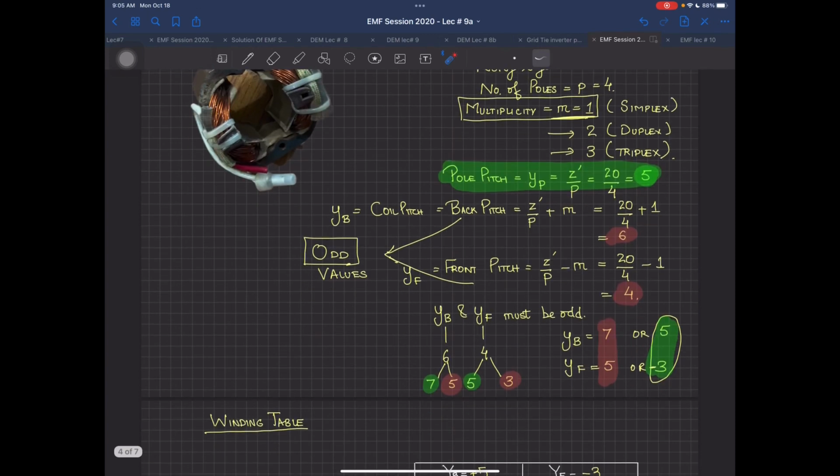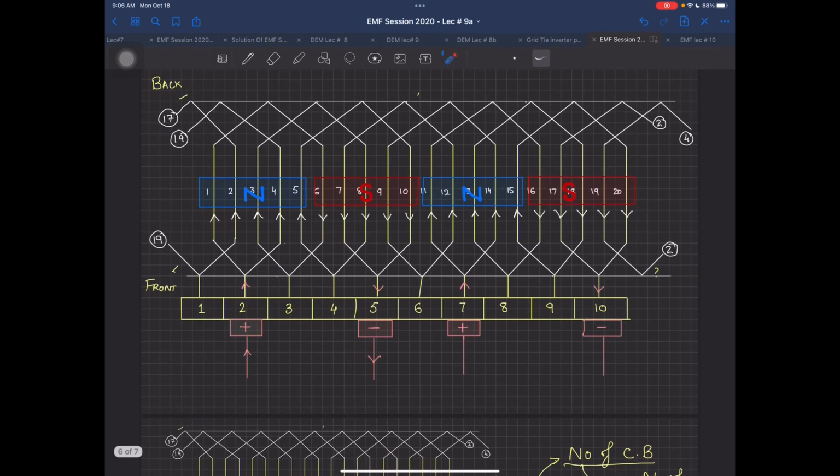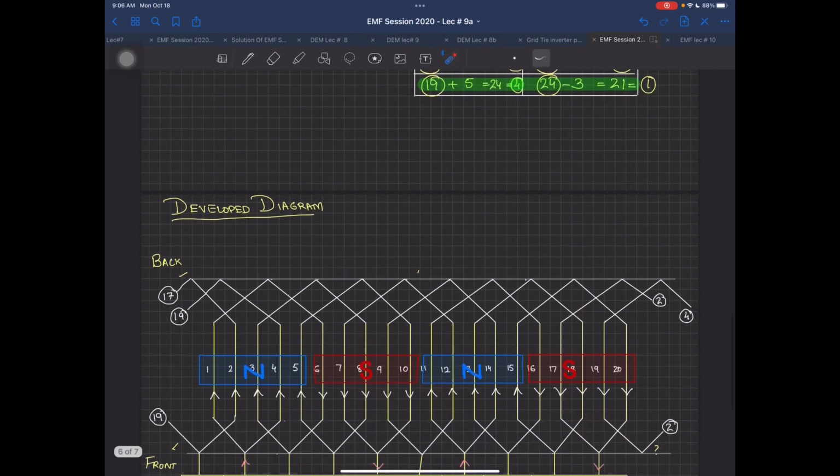No, draw it. Try to draw the same winding with 6 and 4. What will you do? Whenever you have an even number, you are not going to fill all the slots. Look, it cannot be that if I have these 20 slots over there, in these 20 slots, 1 plus, what was the value over here? 1 plus 6. So it will be 1 plus 7, 7 minus 4, it will be 3. So all odd number slots will be complete. Even number slots will not be complete: 2, 4, 6, 8, whatever. So they will never be complete.